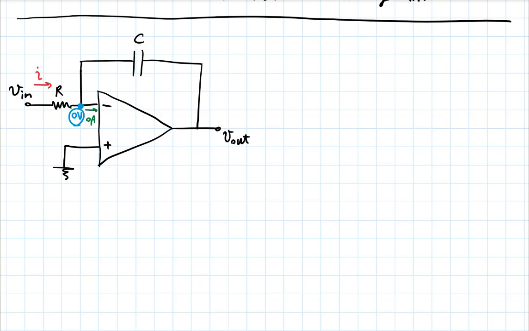So if this is I, the same current is going to go through here, right? I is simply V in over R, because the other side is 0, held at ground. What is V out? Well, if this is the capacitor voltage, I know that I is C dVc by dt. So I can then integrate